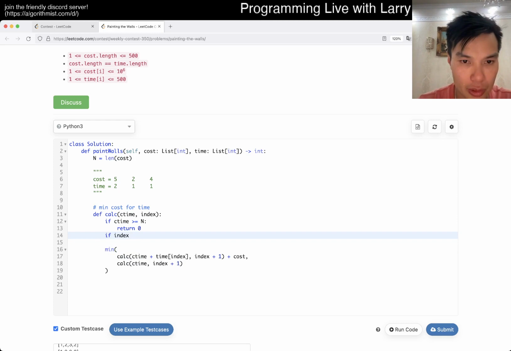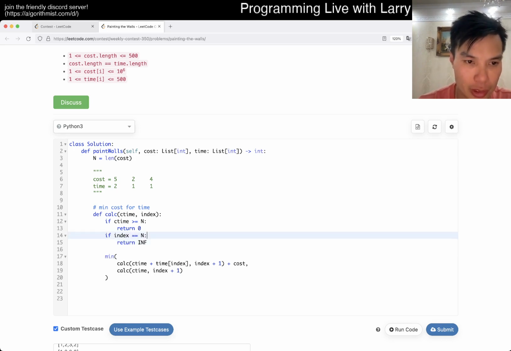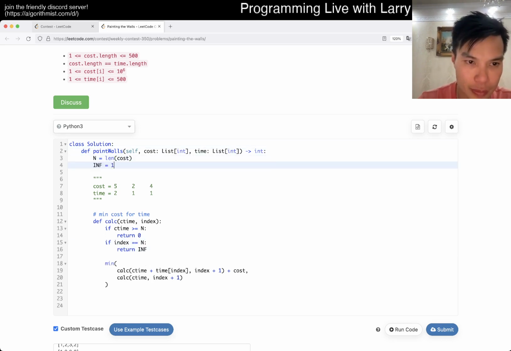If index is equal to n, then we return. So we use ordered things, but C time is still so then infinity, right? That's a really hard observation for me, to be honest. I don't know that this is right, but I've been doing nothing for a while, so